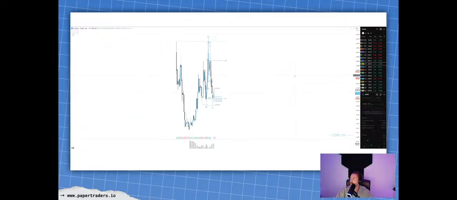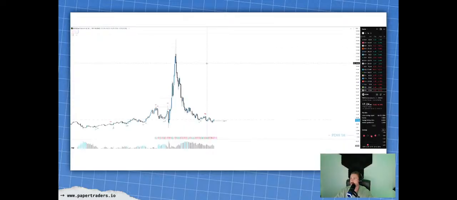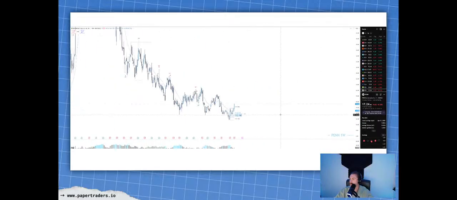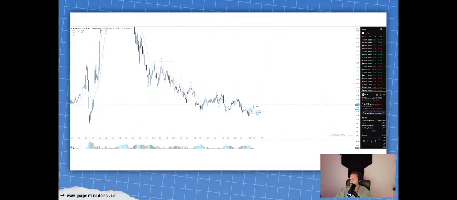And then look at PEN, monthly and weekly. Outside week to the upside, this can go. Oh yeah, monthly looks good. Weekly looks good too. Just need to break this little trend line. We have those two most recent highs right there. Yep, on this one. PEN.